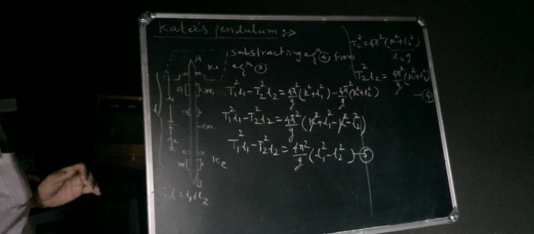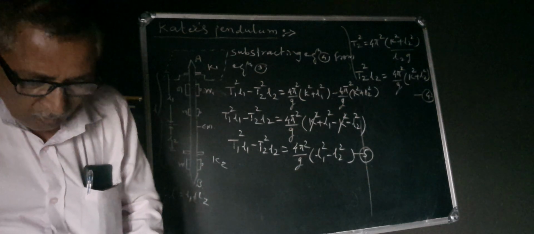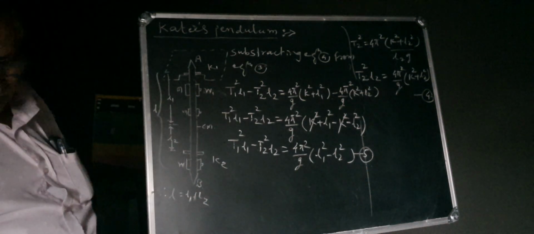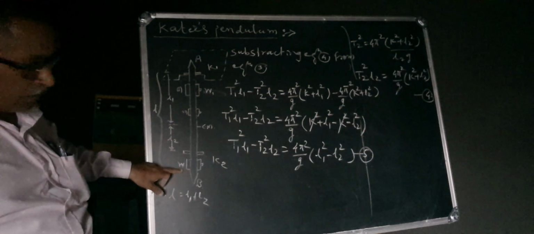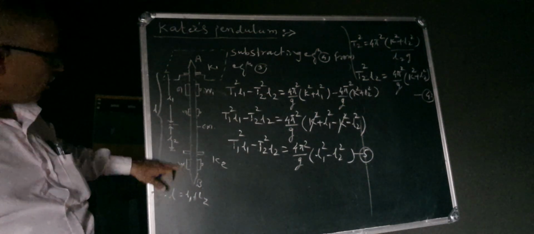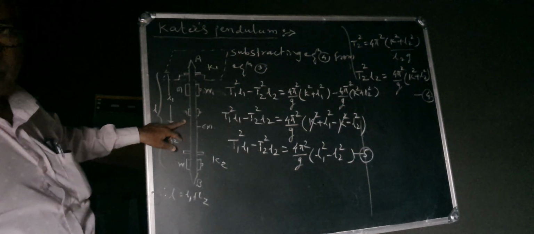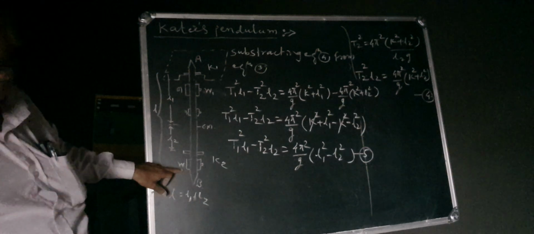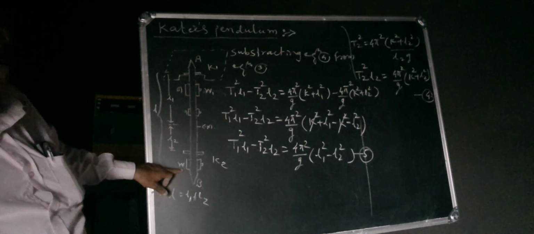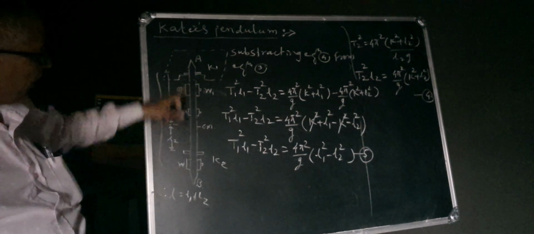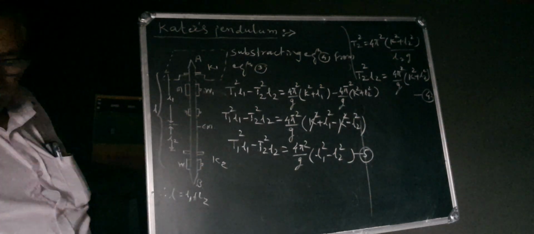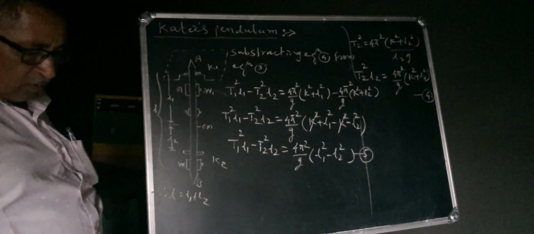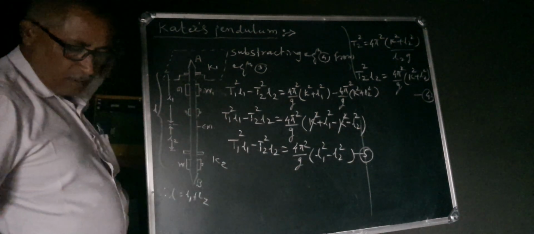Here, by careful adjustment of the positions of this metal weight and this wooden weight, the time period about K1 and K2 becomes nearly equal, the same. Therefore, we can assume, we can write here: